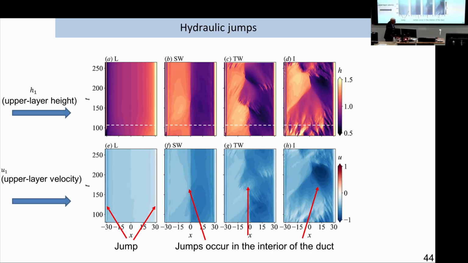And you can look, for example, at the upper layer velocity or the layer heights, you see regions where you get transition in the middle of the ducts in the wave cases, these two wave cases, and the intermittent case. Whereas in the laminar case, the changes take place at the